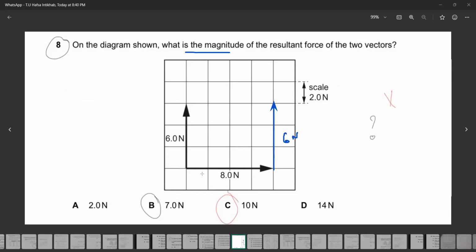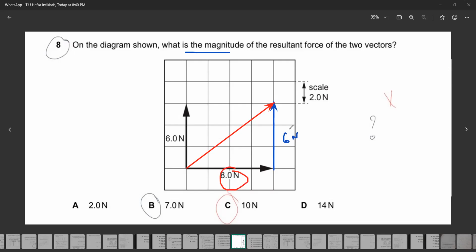So what will be the resultant? The resultant will be from the tail of the first to the head of the last. That will be the resultant. So you can use your scale, like in the example, just measure this length. There's also another way you can do it, by measurement, or you can also do it by calculation,